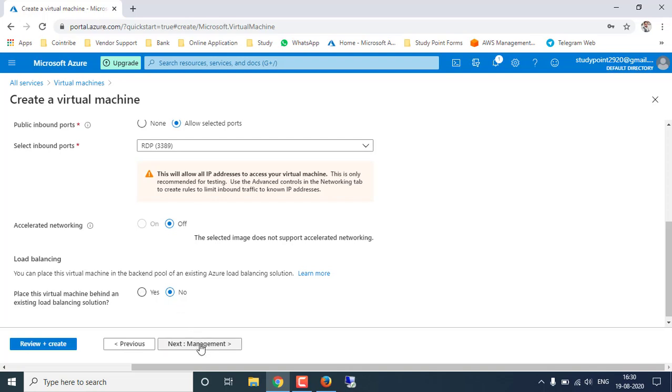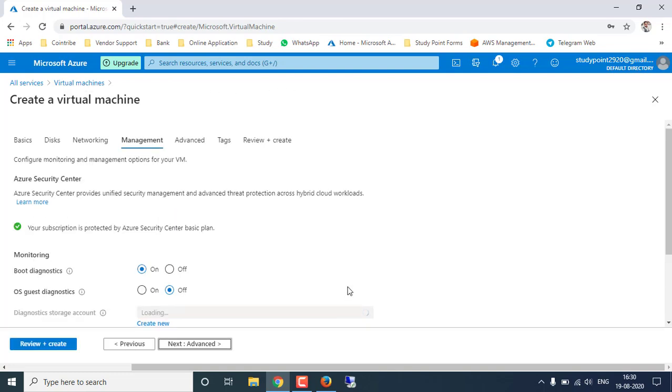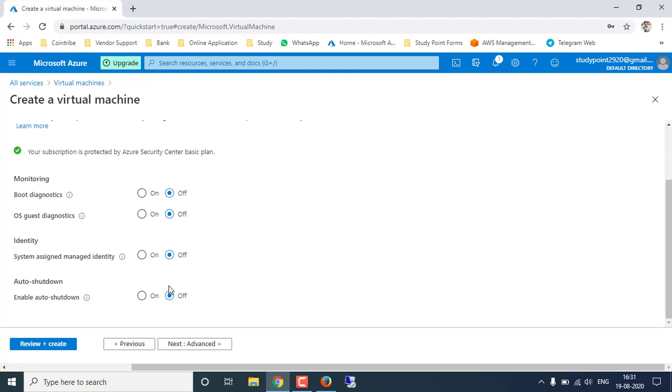After that you will get the option for management. In management you will get options like system monitoring. Whenever a system or server comes up, it will diagnose some points on your system, like a CPU test, memory test, hard disk test, and a BIOS test. It is the same with boot diagnostics: while a virtual machine or server is rebooting, it will diagnose things. I'm going to keep it off. Other things I'm also going to keep off by default. If you want to turn anything on, you can just click the button and get it on.